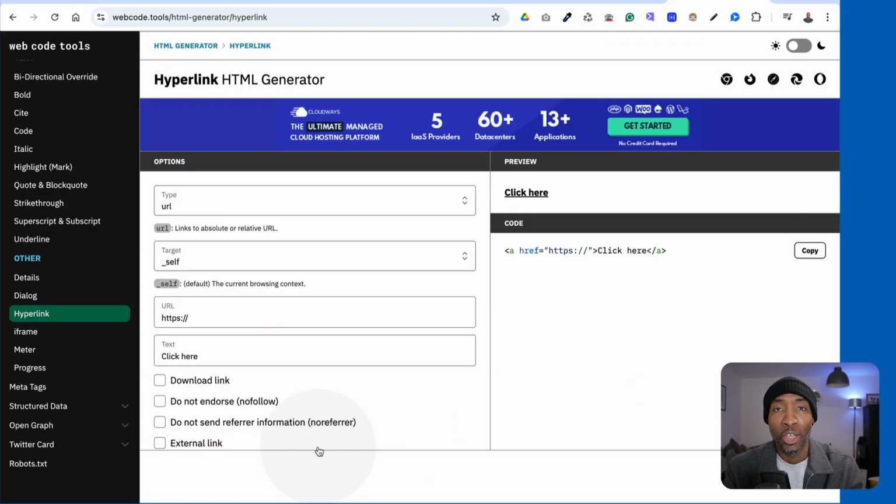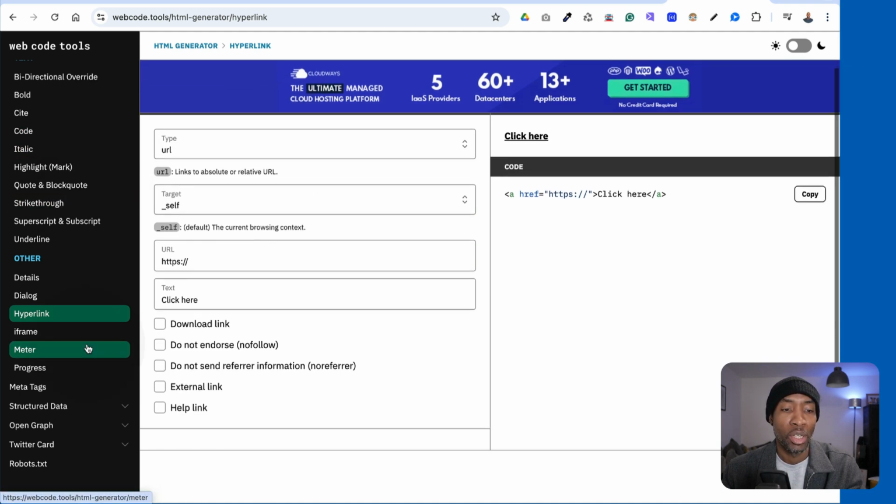Now, if you're scared of HTML, don't be. I'm not a coder myself, but I know the basics of it. What I'm going to recommend is that you go to a tool that is going to help you write that HTML code. So if you go to webcode.tools and navigate to the HTML generator here,